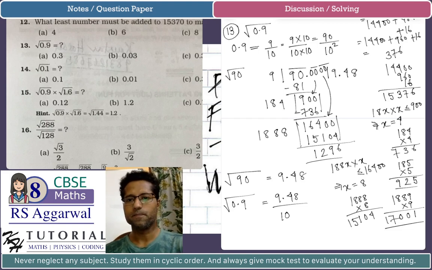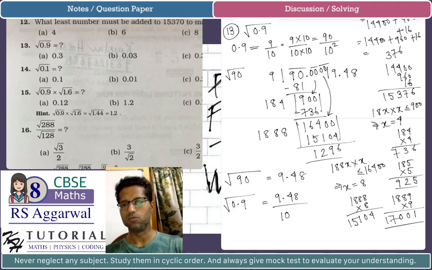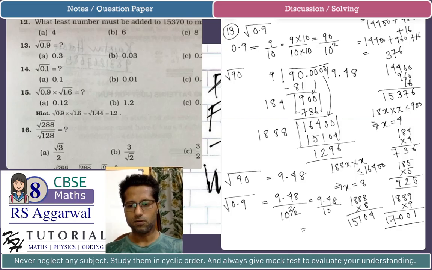In the original decimal number it was 0.9, and in fraction form the denominator was 10 square. So whatever the power of 10 was, that power is divided by 2. So basically we have 2 divided by 2, and 9.48 divided by 10, which is equal to